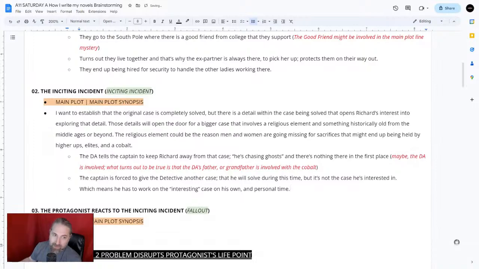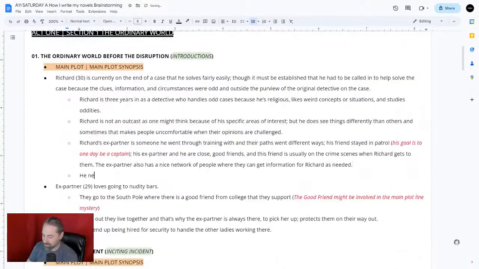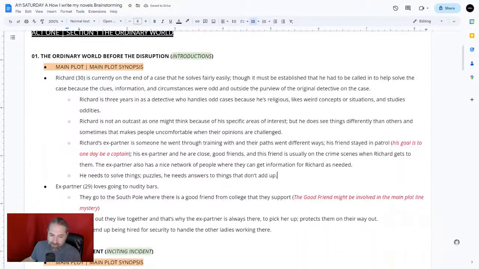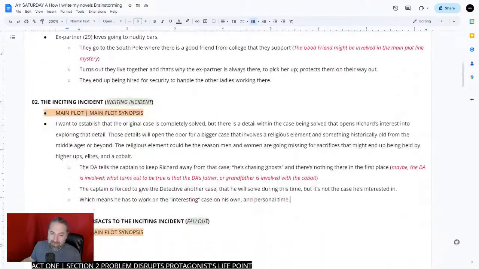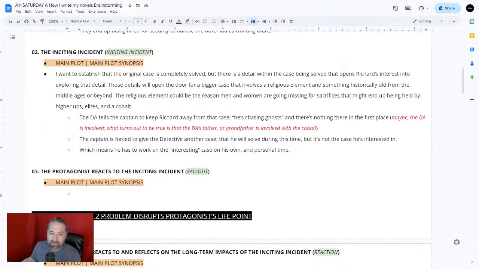Because of that, right? So now what does that mean? I want to establish that he needs to solve puzzles. He needs answers to things that don't add up. See how I did that? I went back to the plot point beforehand because that's the earliest one, and I added to make it have purpose or value. Now, if I ended up doing that in the reaction to the inciting incident, I might